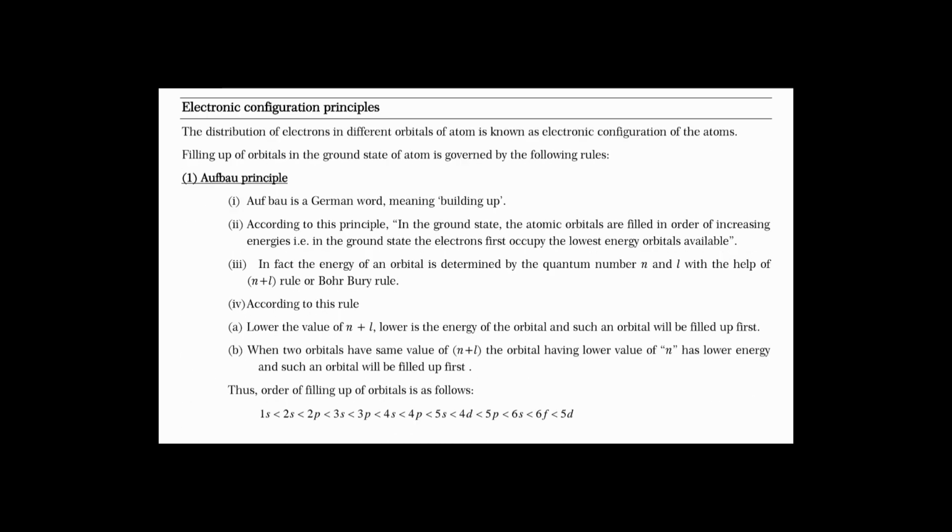Electronic configuration principles. There are four principles: Aufbau principle, Hund's rule, Pauli's exclusion principle, and n plus L rule. We discussed the n plus L rule previously. Now the Aufbau principle. What is the Aufbau principle? According to this rule,